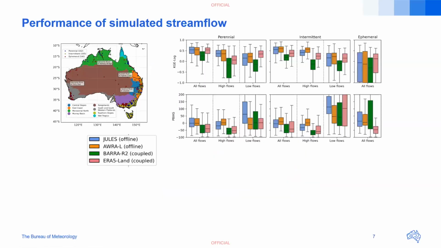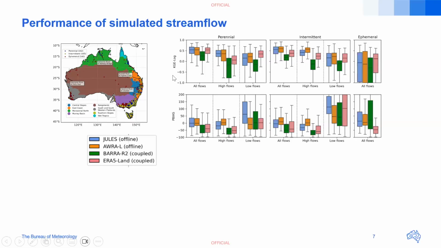Moving into some results. This is one of the representative results in the paper. What I'm showing here is basically for perennial, intermittent, and ephemeral catchments. I also grouped the perennial and intermittent catchments into all flows, high flows and low flows. But I haven't tried for ephemeral catchments, because most of them are already dry or zero. So we have KGE and bias results, and what you can see is